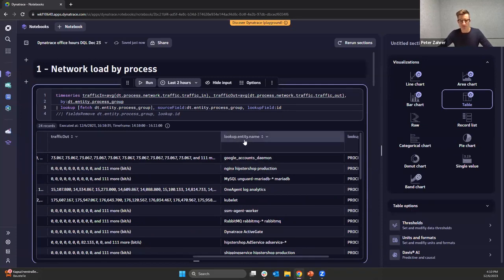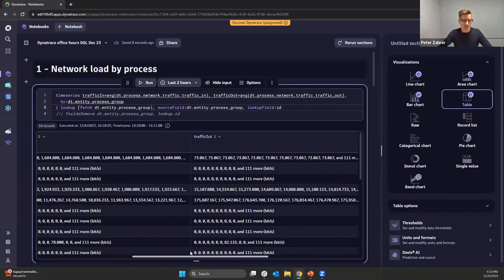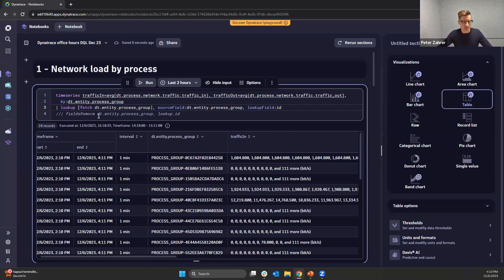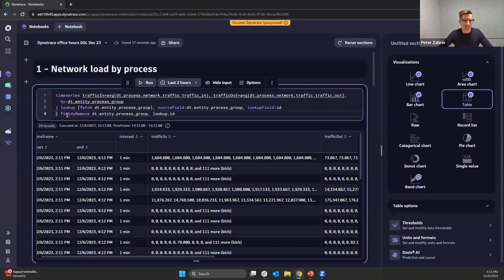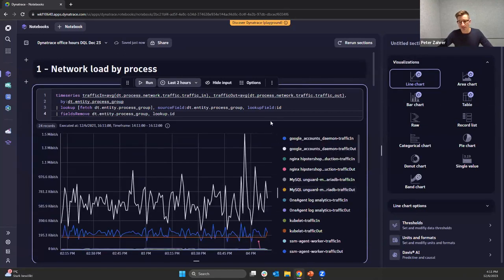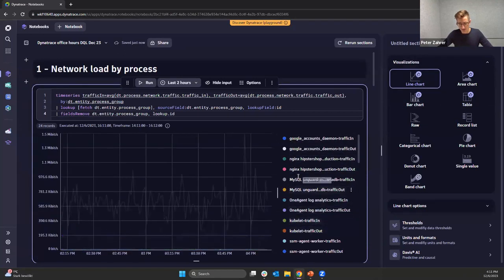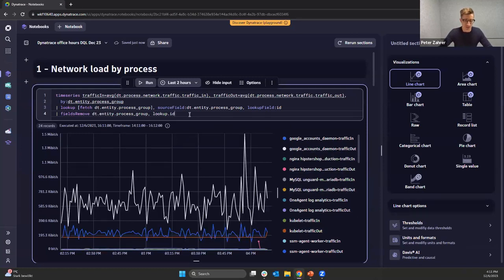In this case, we have a lookup.entity field that gives us the process name. To get rid of the technical identifier, I use the fields remove command to only keep the process name. If we choose the chart option again, we can see the process names here, right? This illustrates how the lookup command can be used to establish a relationship between the technical entity identifiers we have in our metrics with the actual